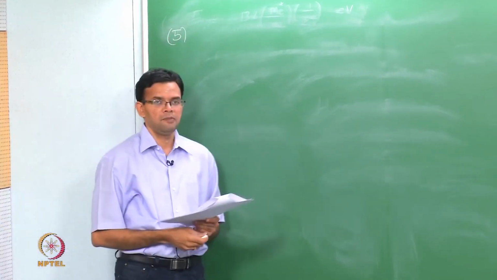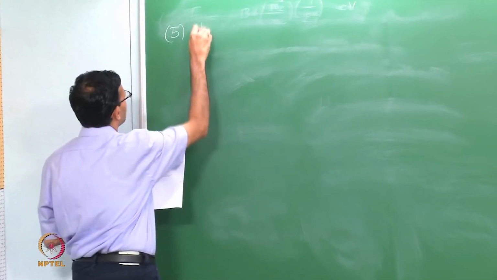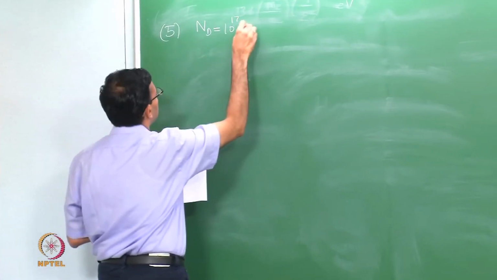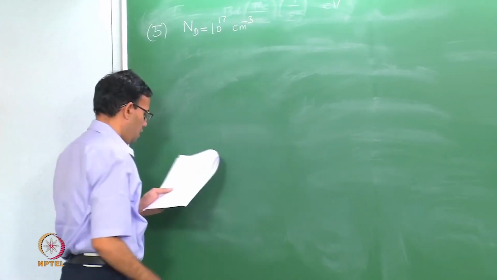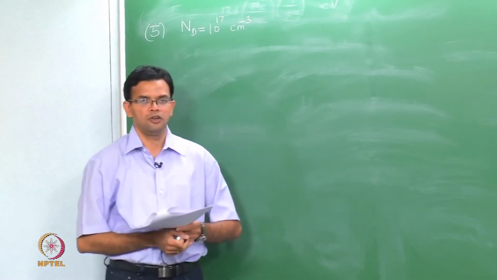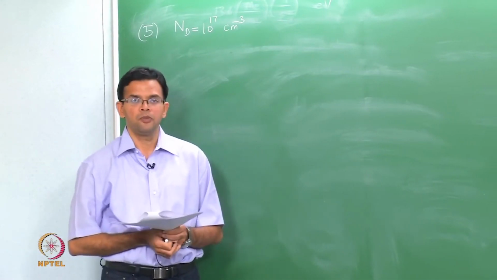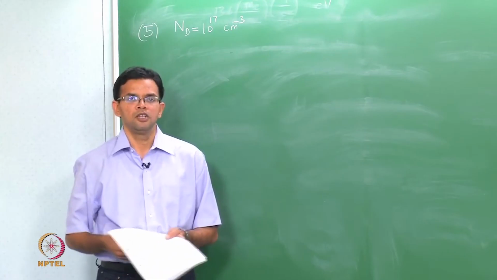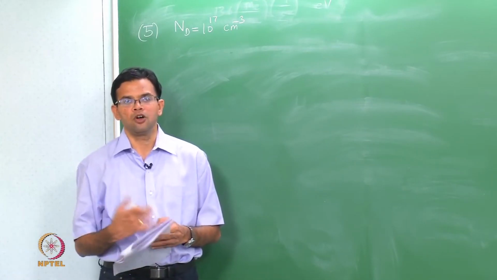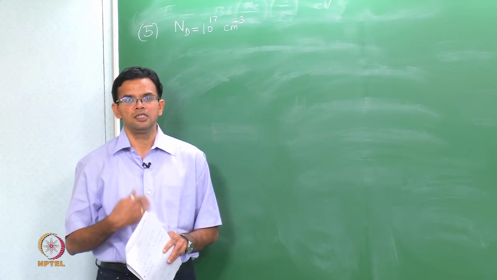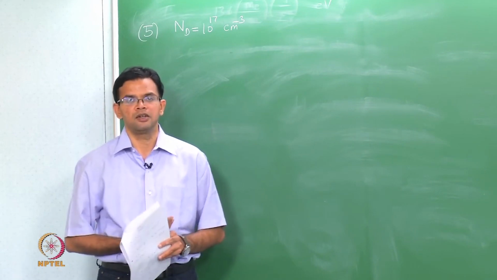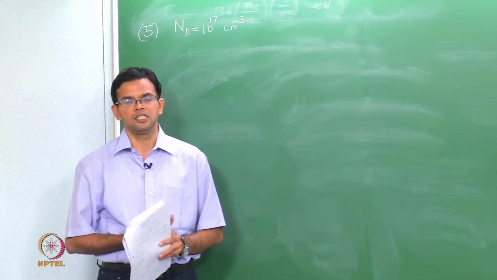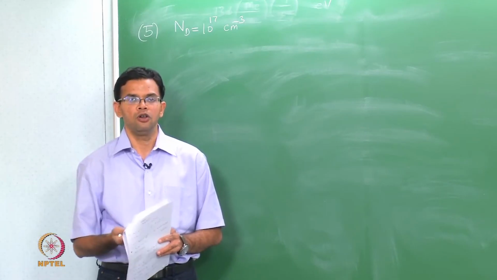We have an N type silicon which is doped with phosphorus atoms. Nd is 10 to the 17 per centimeter cube. The drift mobilities of electrons and holes in silicon depend upon the total concentration of the dopant, and the expression is also given. Usually we take the drift mobility to be a constant, but actually with increase in doping, especially in extrinsic semiconductors, the mobility actually decreases. You have seen this in class. This is because we have the electron or the hole being scattered